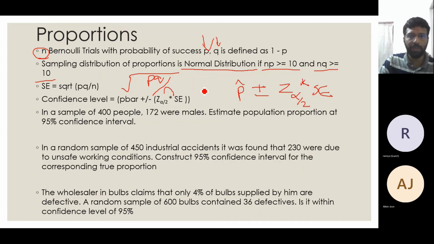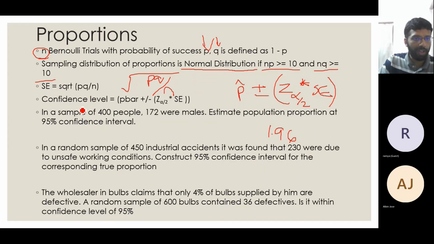So same thing that we did in the previous case, we will be using the z table only. In the proportion case, we will not be using the t table. We will be using the z table alone. So that is again simple. I need to again just use that 1.96 for the 95% confidence interval that I got. That alone I need to use. So I need not refer to degrees of freedom, t stats and all. So we'll just see three small examples, direct multiplications.